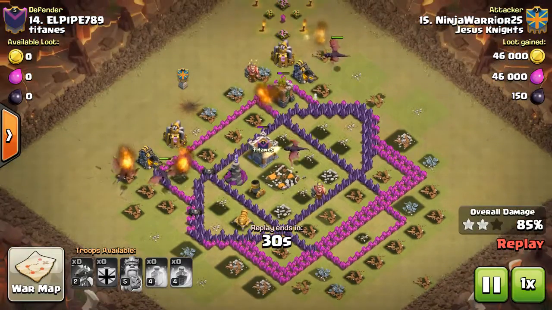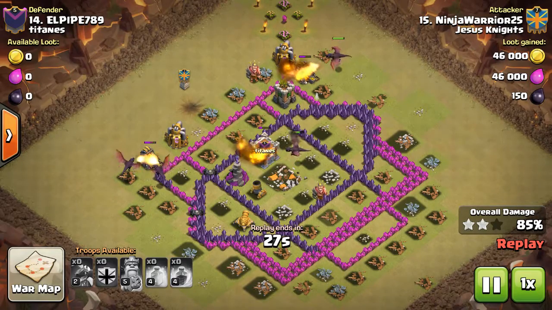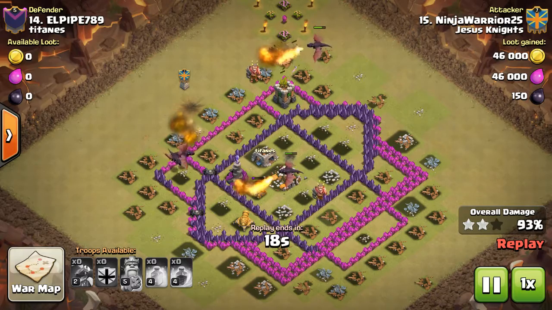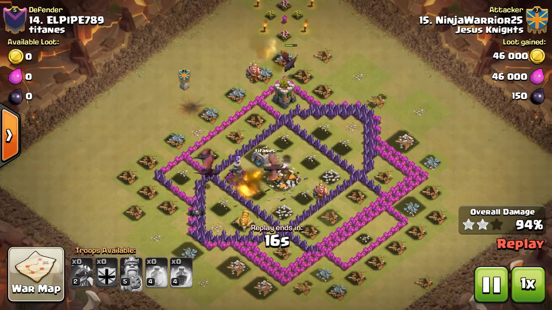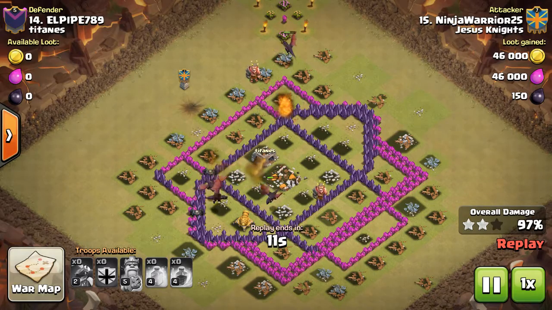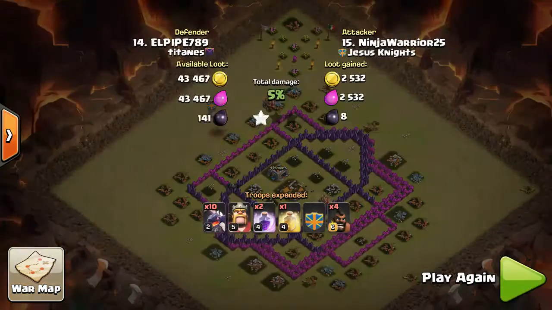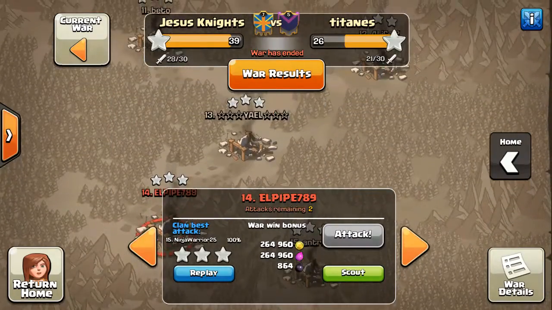Now, his king did go down, but there are still 4 dragons up and only 2 air defenses left, one of which is a wizard tower, which really can do nothing against dragons. The archer tower is going down now, and that's all there is to it. Just 2 more buildings, and boom, 3 stars. So moving on to their next attack,